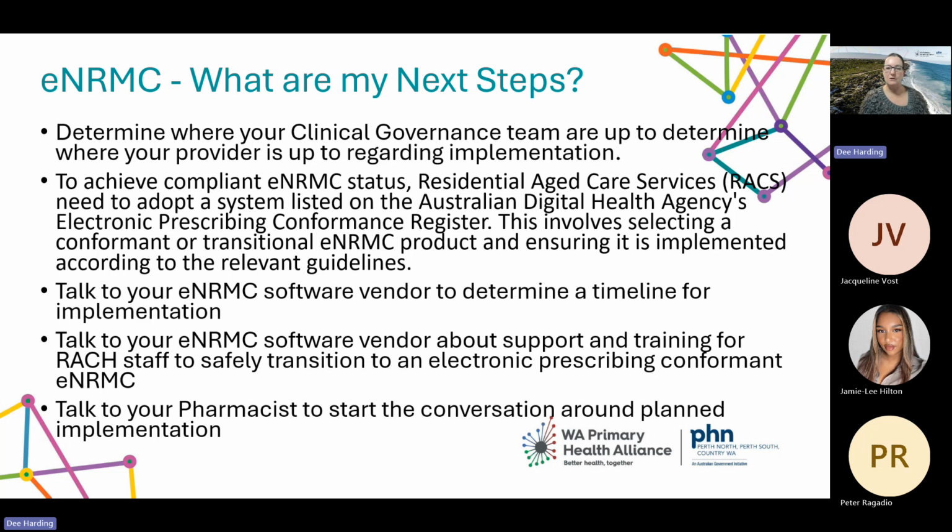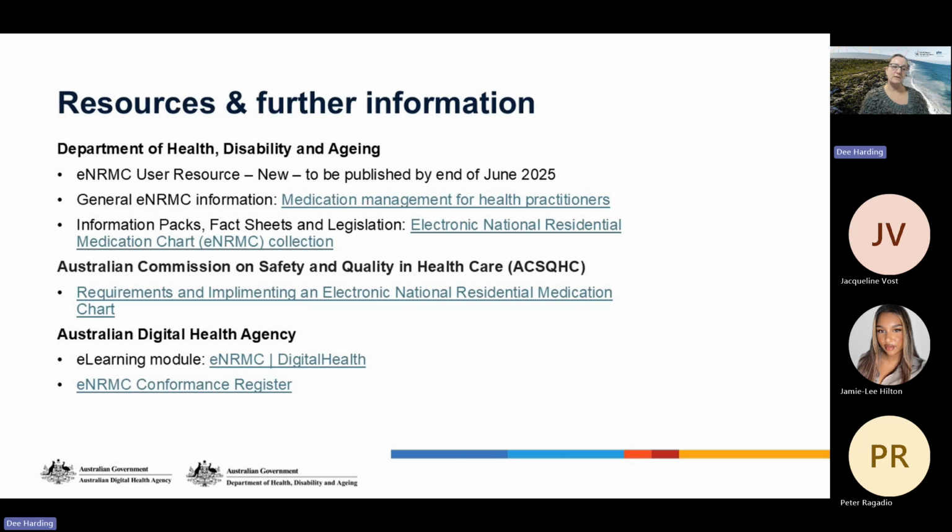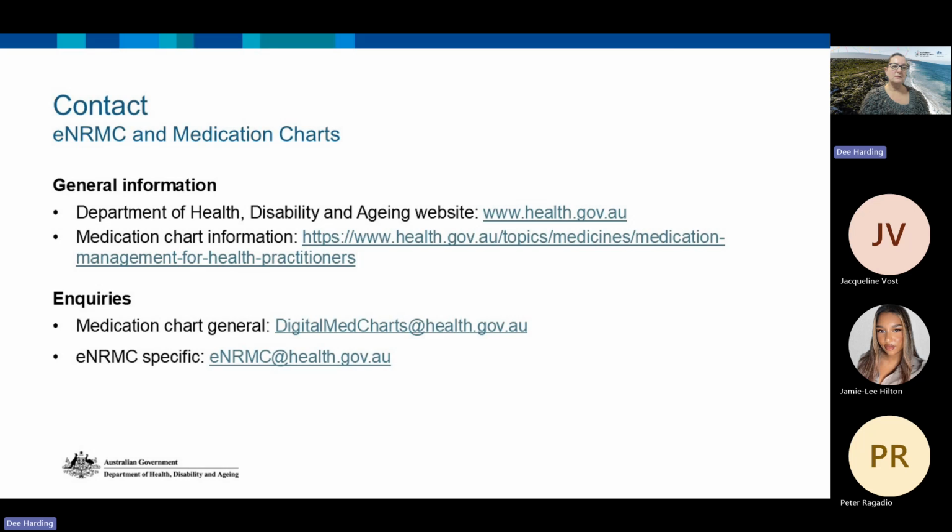And also you need to talk to your pharmacist, start the conversation if you haven't done already, just to find out what their thoughts are and where you're all at with regards to implementation of the process. So there's a few steps that you need to go through there. We've got a whole suite of resources here, so I won't go through them other than just say they are there. You can see at the bottom, the conformance register that you can refer to. There are some contact details, some eNRMC specific emails and a website to give you all the relevant and necessary details. By all means, do not hesitate to reach out to